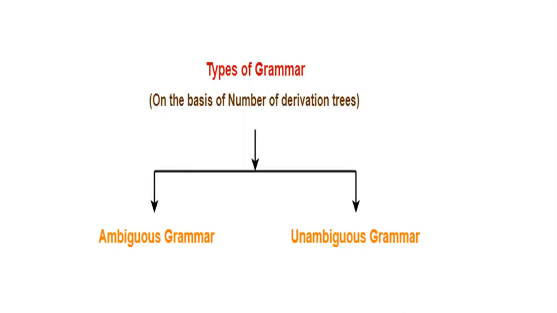After knowing the definition of ambiguous, why are we removing this ambiguity? These top-down approaches never encourage the ambiguous grammar. So the context-free grammar should be an unambiguous grammar. See here the slide consisting of types of grammars. One is an ambiguous grammar, another one is an unambiguous grammar. We define which one is ambiguous and which one is unambiguous on the basis of the number of derivation trees. See the representation of the two types of grammars.